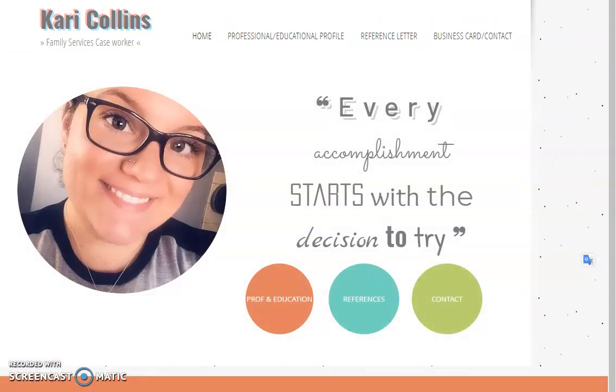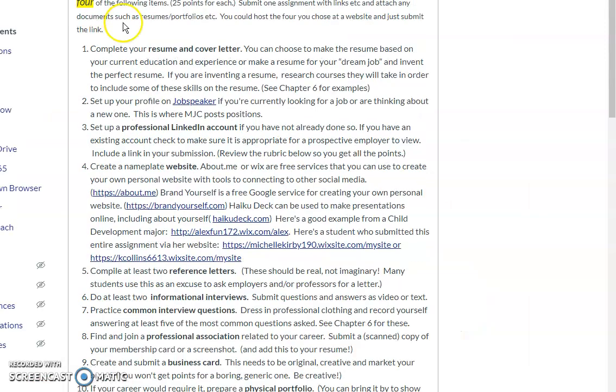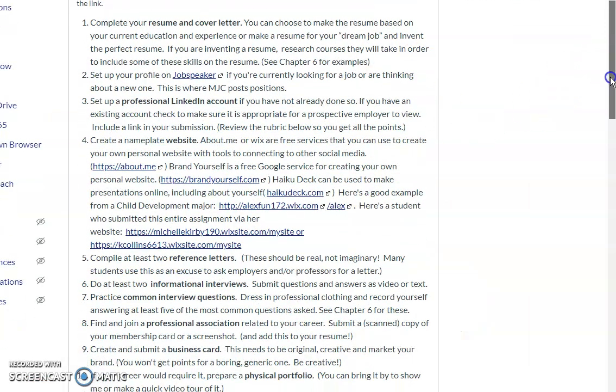So back to the assignment. Each of these is described in more detail. Resume, cover letter, we all know what that means. You do need a very small cover letter. For the resume, think about contributing to your new employer's place of work.